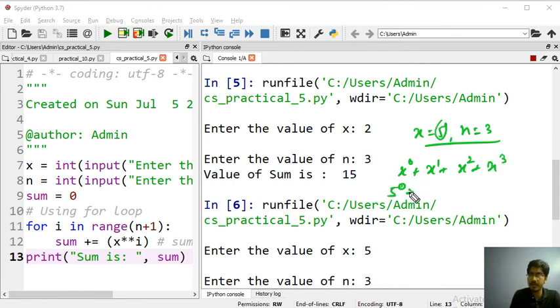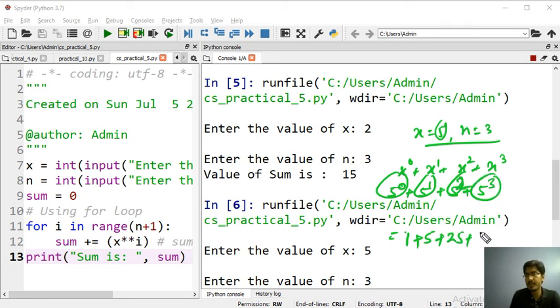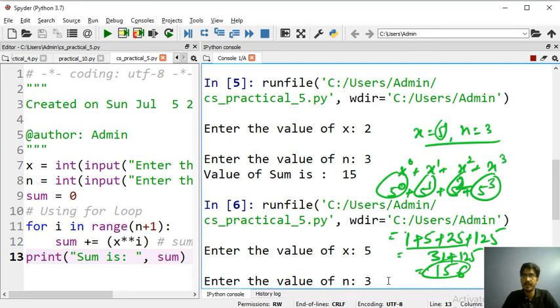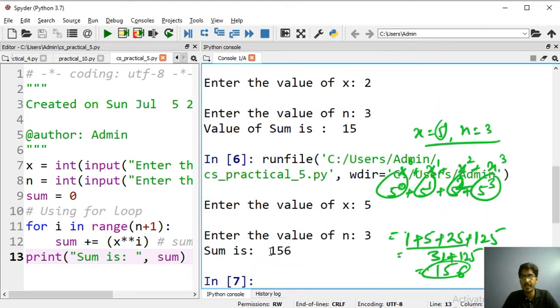So 5^0 plus 5^1 plus 5^2 plus 5^3. 5^0 is 1, 5^1 is 5, 5^2 is 25, 5^3 is 125. Add those numbers: 31 plus 125, it will be 156. 156 should be the output. Let me see what the output is. Here it is, 156 is the output.